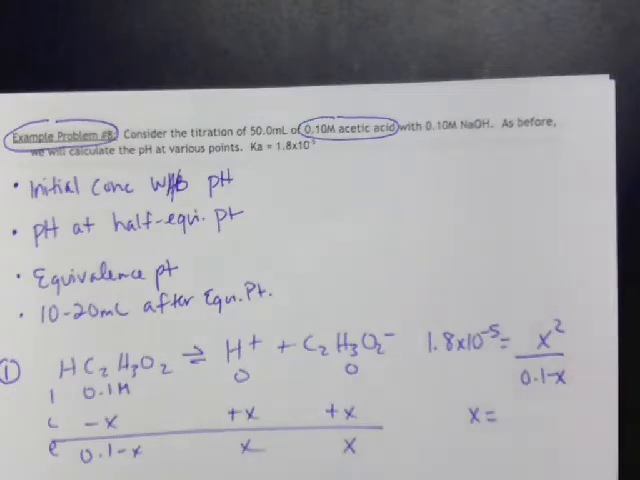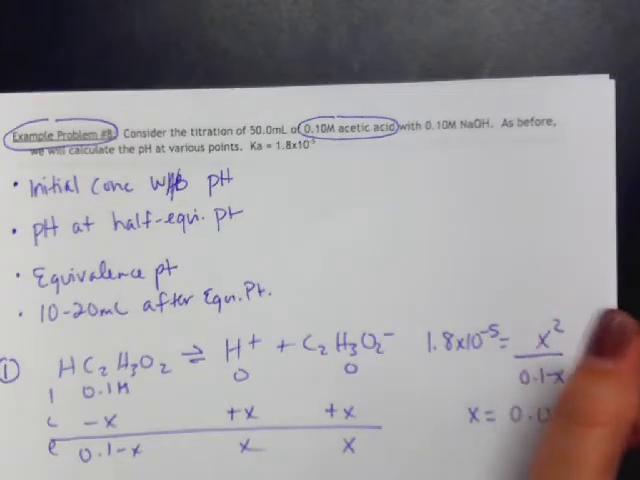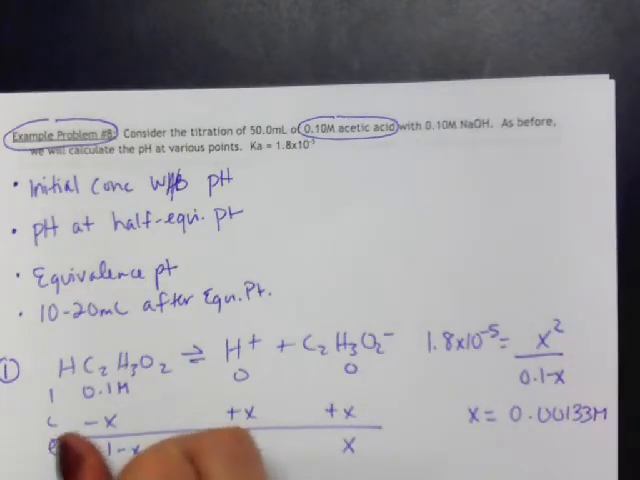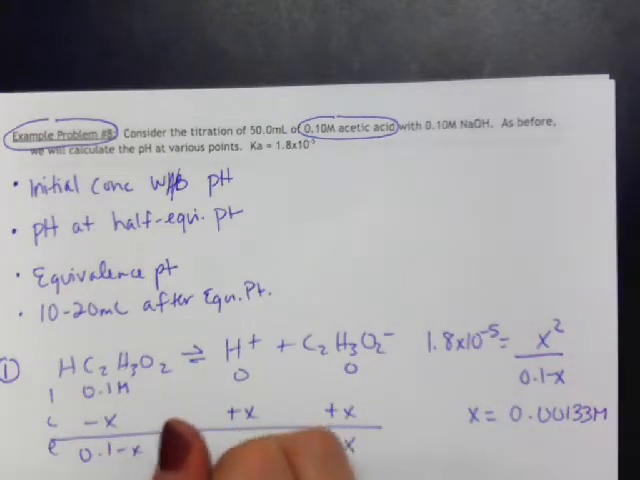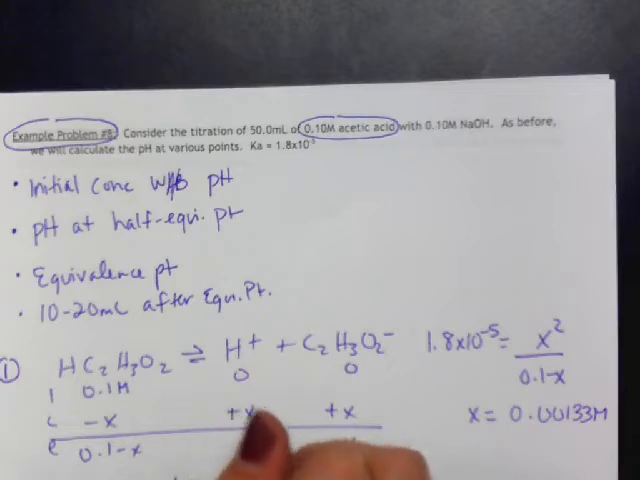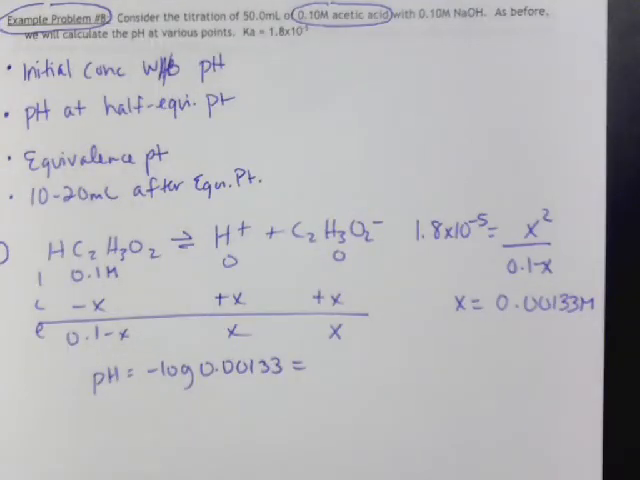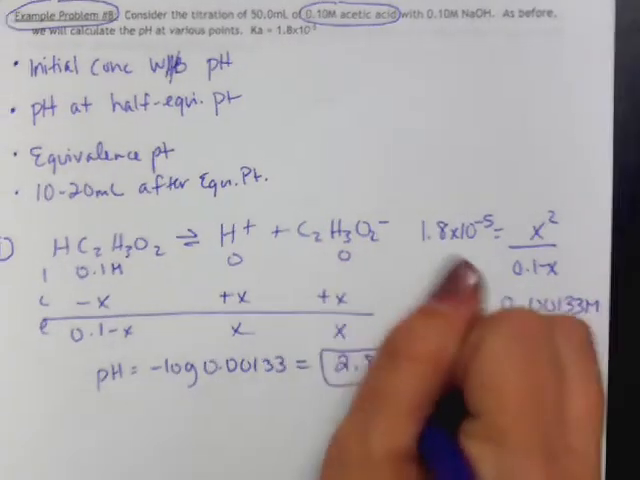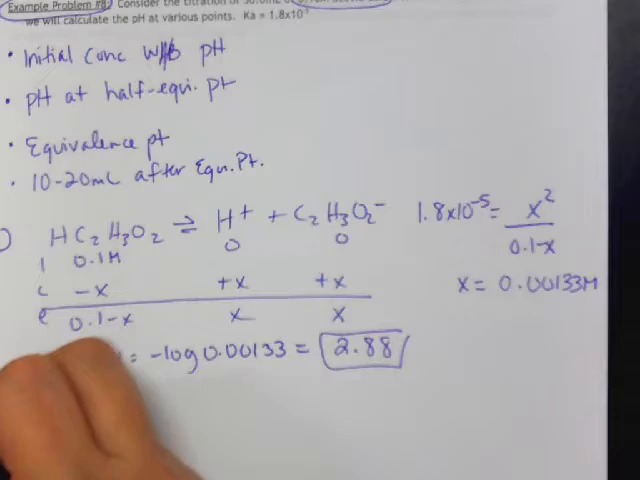And then we find that x in this case is 0.00133 molar. And so then we can find the pH by taking the negative log of that. And so we get a pH of 2.88. Alright, so that's the first point. Then our second point,